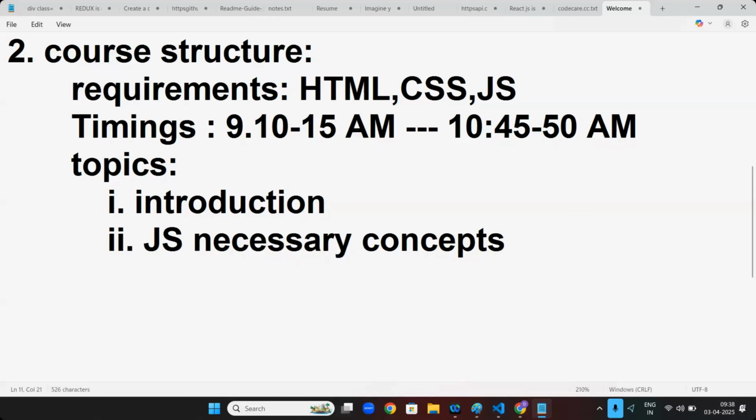Whatever basic things you need to focus on, I will explain tomorrow. Next, after this, we will start our actual React. First React app. Installation.